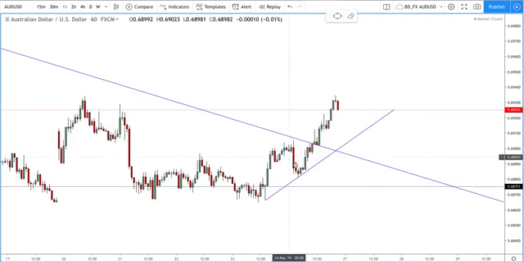Because if you're in a long on this trade and you're in good profit here, and this comes all the way down to these regions here, you're going to be really panicking, thinking, oh no, this is going to hit my stop loss. Why didn't I take my profit? I was in good profit. Why didn't I do this? And then you start doing silly things. Whereas if you risk 1 to 3% per trade, you might be 60, 70 pips in profit. You take a little bit of profit off. When it comes down, you might see another opportunity to take a long, and you're not worried about the market moving against you.